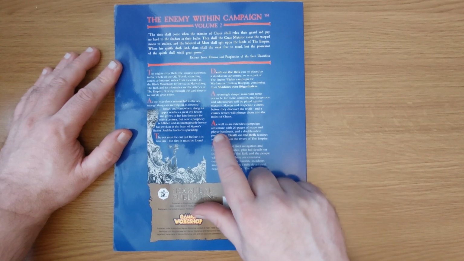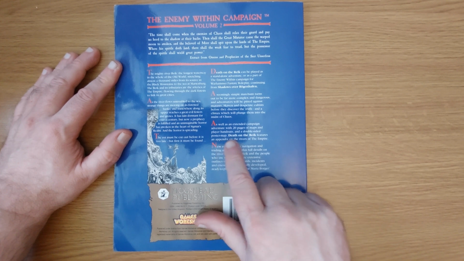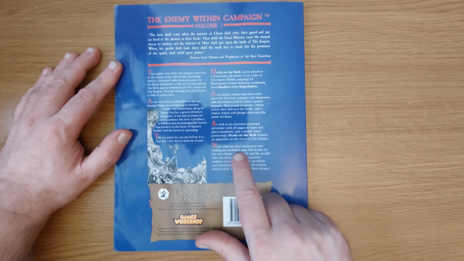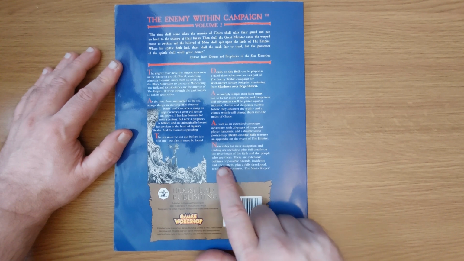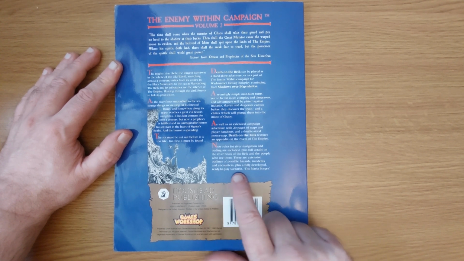As well as an extended campaign adventure with 20 pages of maps and player handouts, and a double-sided poster map, Death on the Reik features an appendix on the rivers of the Empire. New rules for river navigation and trading are included, plus full details on the riverboats of the Reik, and the people who use them. There are extensive outlines of possible hazards, incidents, encounters, plus a fully developed, ready-to-play scenario, the